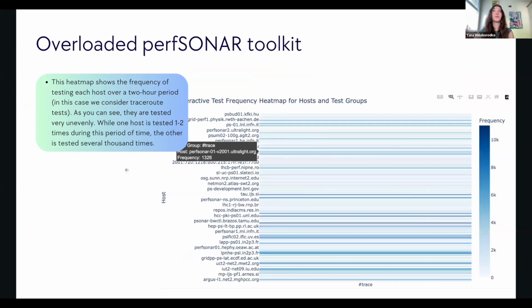While doing my previous work as an IRIS Summer Fellow, I noticed that some hosts are tested much more frequently than others. For example, this plot shows trace tests we are getting to Elasticsearch,